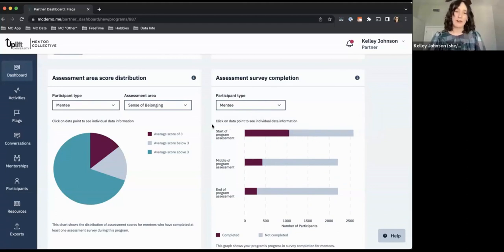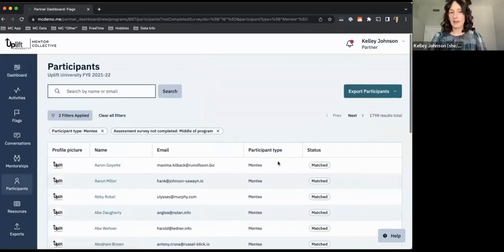So again, we've got our 3 surveys. We have our start survey, our mid survey, and our end survey. So you can always click in here to see who has or has not completed a certain survey. So for example, if my mid survey had gone out, I could click on this bar here, and this will show me all of the mentees who have not yet completed the mid program survey. So again, like you had mentioned before, this is definitely filterable, so you can get all of these emails very quickly and send some kind of mass communication out, nudging your students, letting them know why it's so important and why it's beneficial for them to complete the survey.